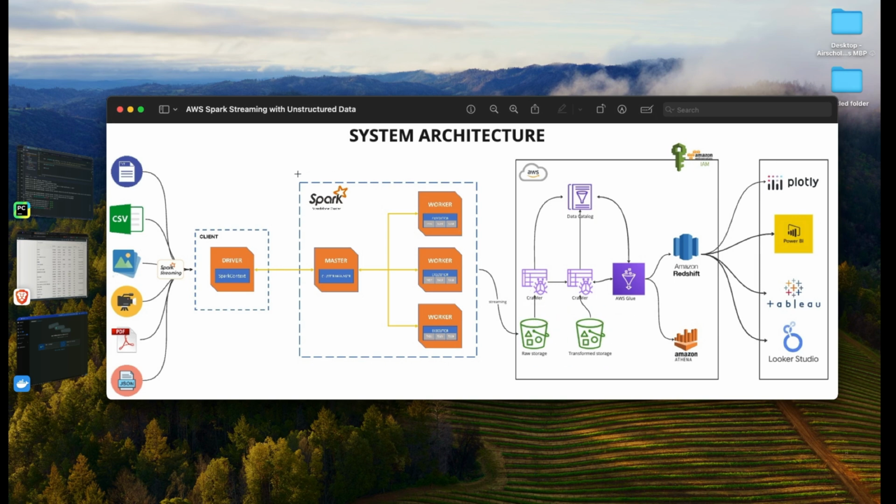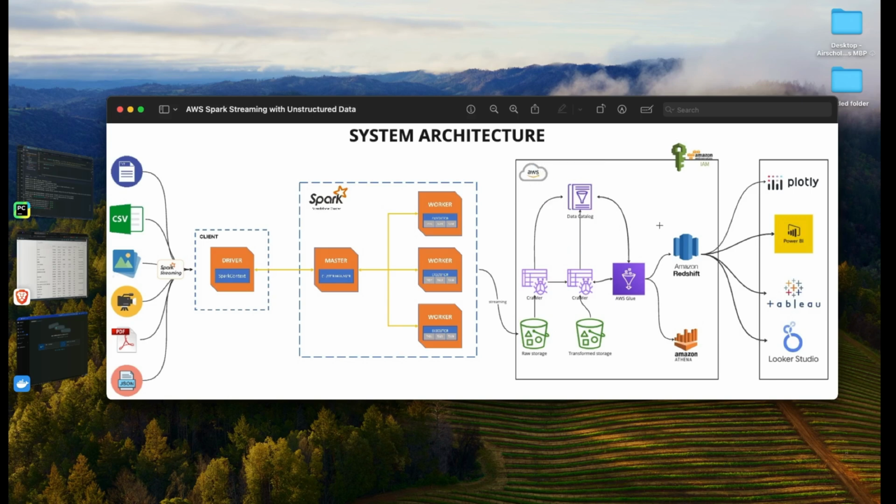Eventually, once we are satisfied with the number of records and data that we have, we are going to have a scheduler or a crawler on AWS Glue that is listening for all these changes in a scheduled pattern, maybe every 1 hour, daily, or something like that. It's going to create a table for us and load the data into this table and the data catalog. So a database and a table will be created for all of this data, in a single table. Eventually, we are going to use Amazon Athena to visualize the data